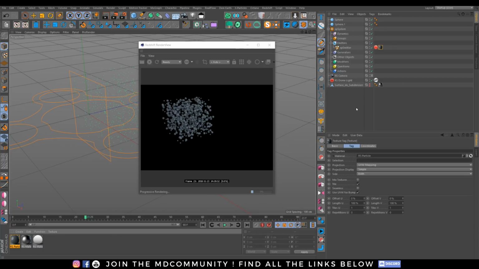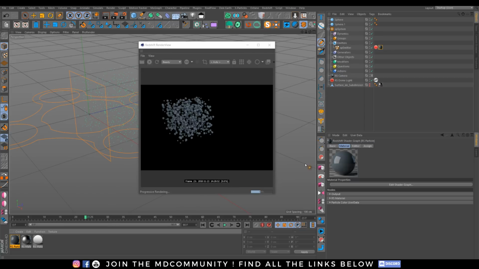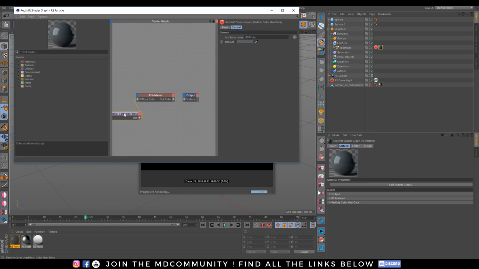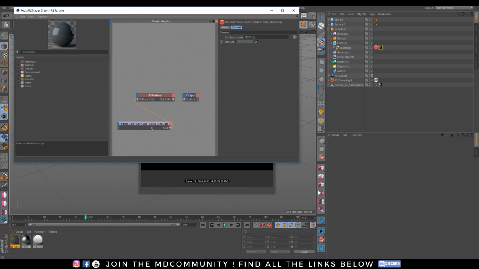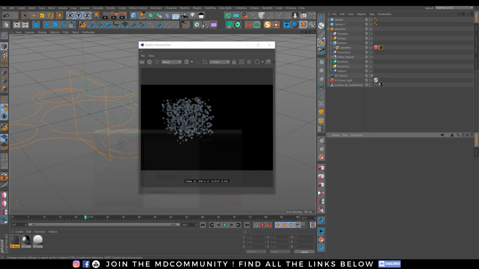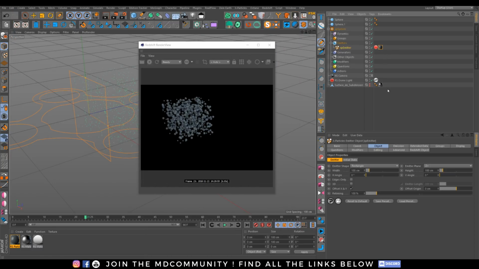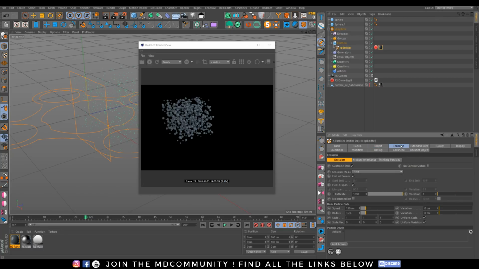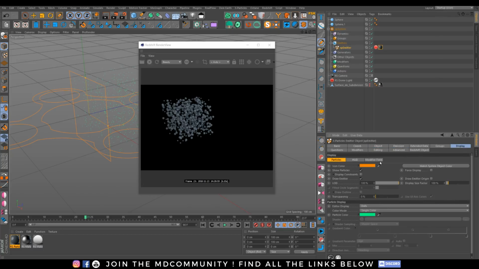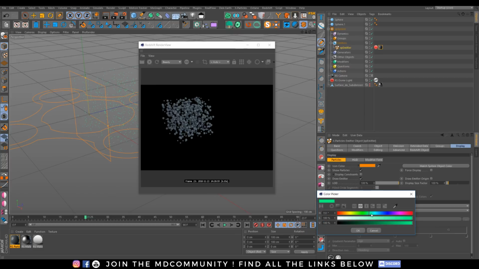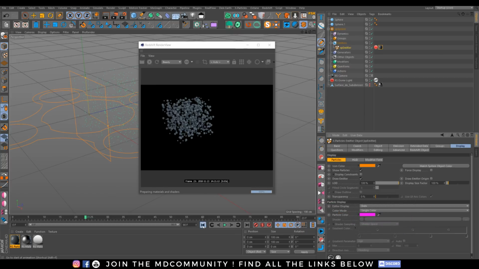Let's use the particles. And one thing that I love is that we have particle user data, color user data. It means that if I go on my XP emitter and change the color display, let's take something like this color,